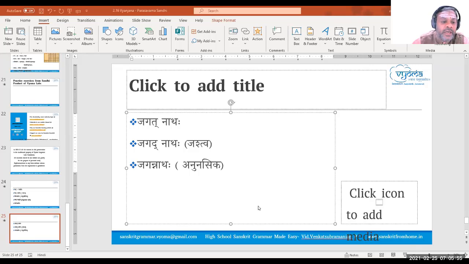Still not clear when to use Anuswara and when to use Makara. Very simple. If you are having Vyanjana on the right side, use Anuswara. If you are having Swara on the right side, use Makara. That's all. After we do Sandhi, there will not be any gap between the two words. Am I right? Yes, if the Sandhi is done, the gap will be less than half matra. The gap can be there, but it will be less than half matra.